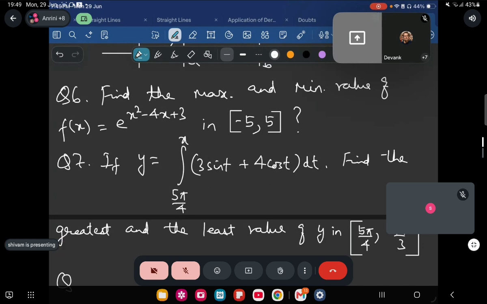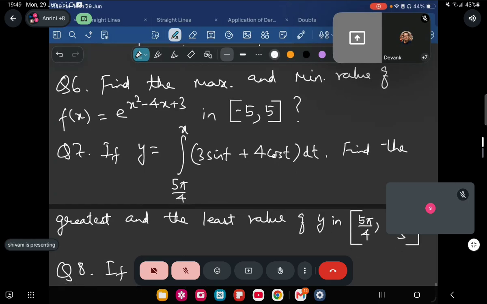Question number 8. If mod of a minus 1 plus mod of b minus 1 is equal to mod of a plus mod of b is equal to mod of a plus 1 plus mod of b plus 1, find the minimum value of